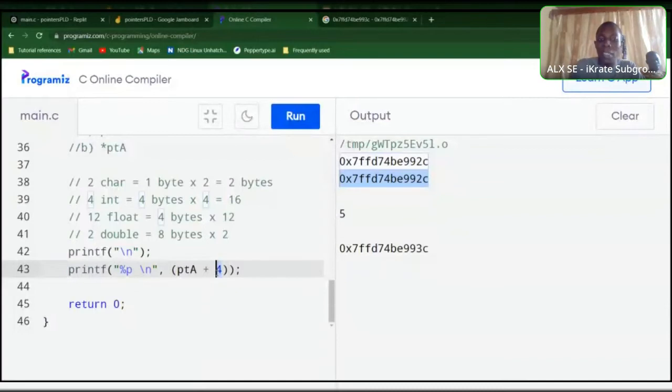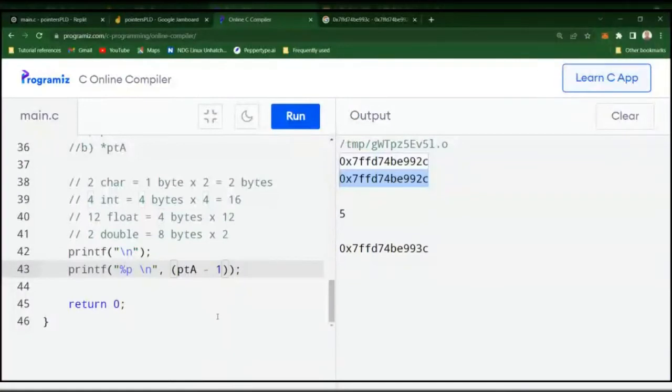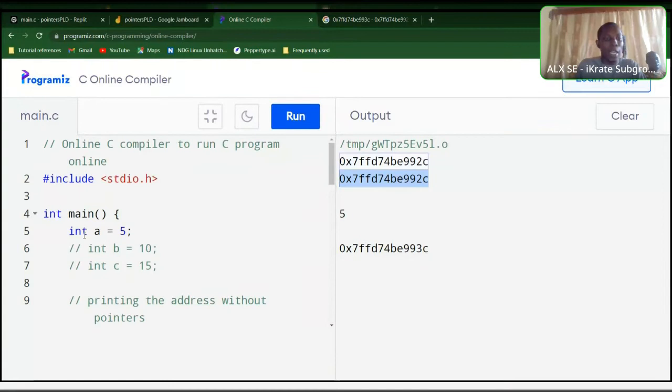So no matter the amount of numbers that you are adding, it just depends on the type of data that you are working with. If it is a character, we know it's 1 byte. If it is an integer, we are working with 4 bytes and the rest. In the same vein as we have done with addition, we can do the same with subtraction. So if I go ahead to subtract 1 here right now, and assuming that I've changed this to floats,